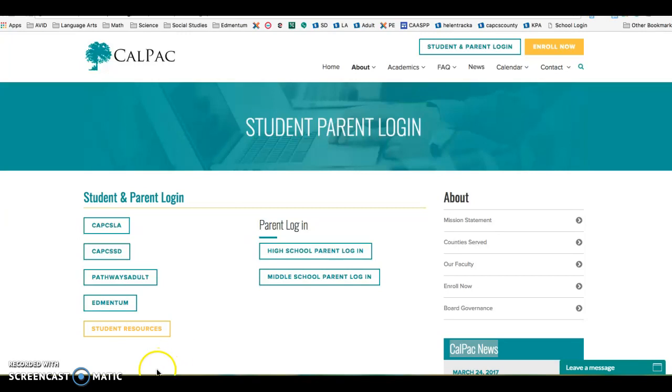To get started, you're going to go to the CalPAC logon page, the student and parent logon page. In the middle, you'll see that there's a parent login option. High school parent login is just for high school students. The one you're going to want to click on is the one that says middle school parent login. This one's going to launch the Odysseyware browser, where you're going to type in the username and password that you created from that email that was sent to you from Odysseyware directly. So go ahead and click on middle school parent login,